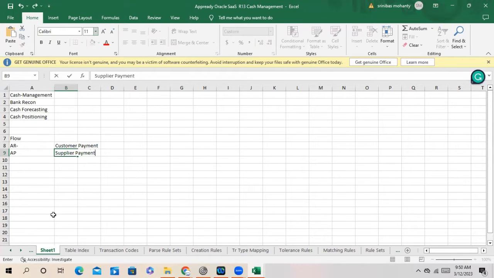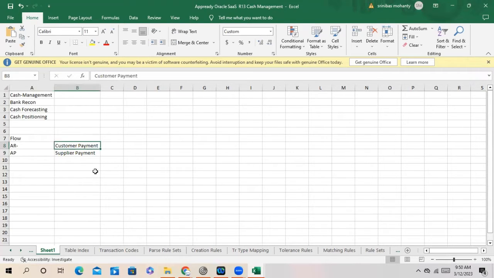So here one is a debit transaction and one is a credit transaction. If you are enabling cash management, then these AP and AR transactions will be visible in cash management. And then the bank statement will come. Once you make the payment,